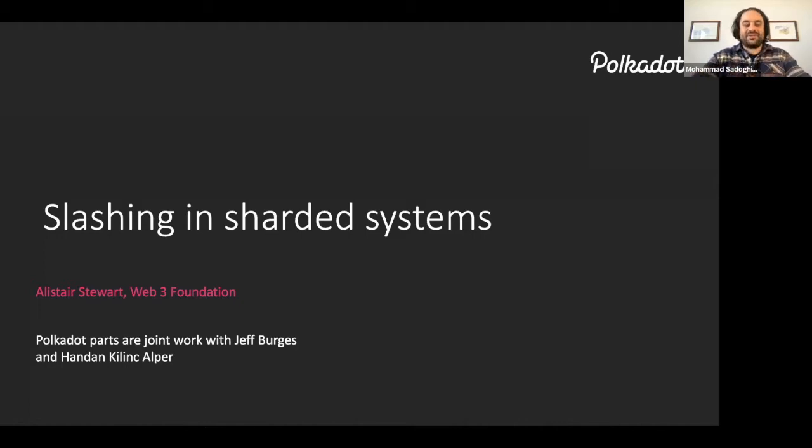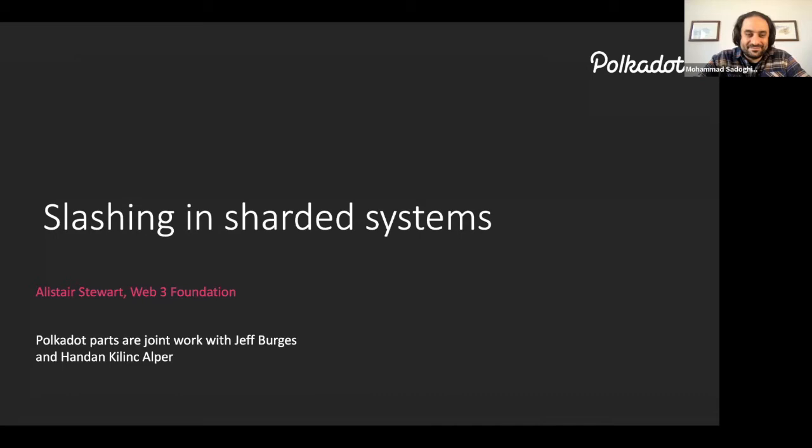So a little bit about our speaker today. He has a slightly different background from one of our recent speakers. He has a theoretical background. He studied at Oxford and then Edinburgh, and Edinburgh is known to have a strong theoretical computer science as well. He was also a postdoc at USC. And in the last few years, he shifted his focus into blockchain and in particular, the exciting problem of sharding. He's been one of the main people behind the core protocol of Polkadot sharding protocol. So without further ado, please take it away.